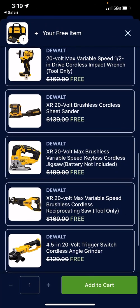You're getting the 1/2 inch impact wrench, the brushless sheet sander, the jig. You're getting the newer, looks like a newer recip, new-ish, and then you're getting the brushed angle grinder. And if you'll notice, there's not one power detect tool in here. They don't even offer you one at all